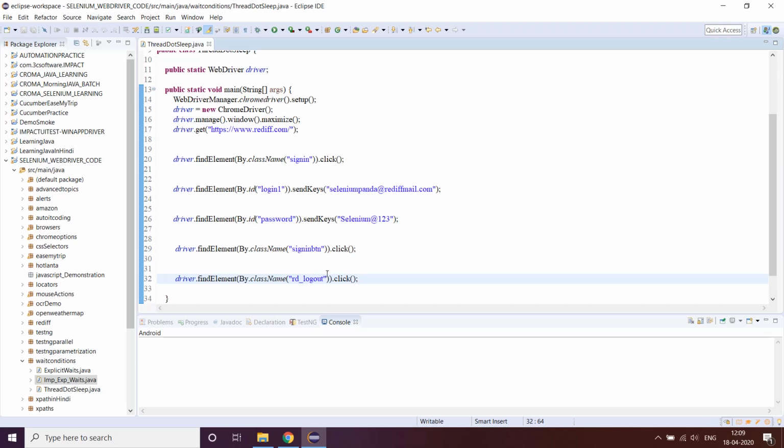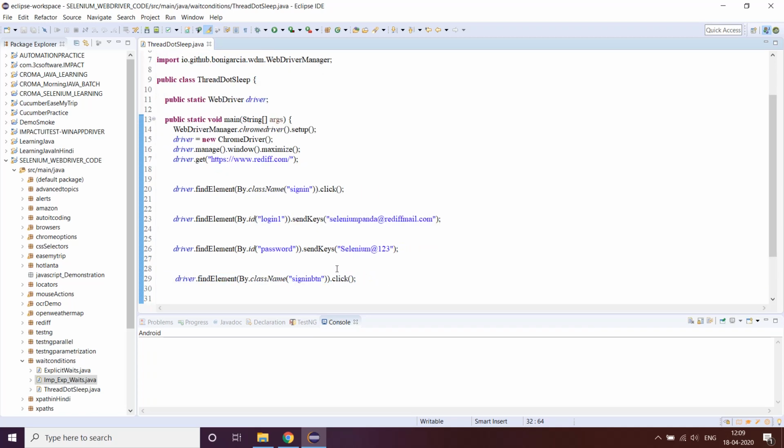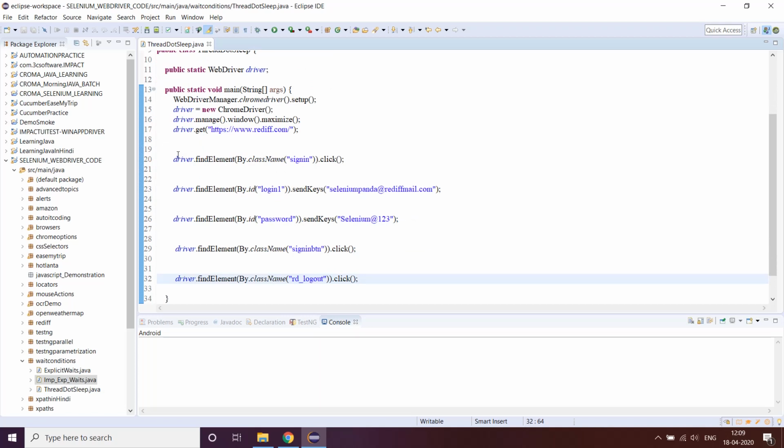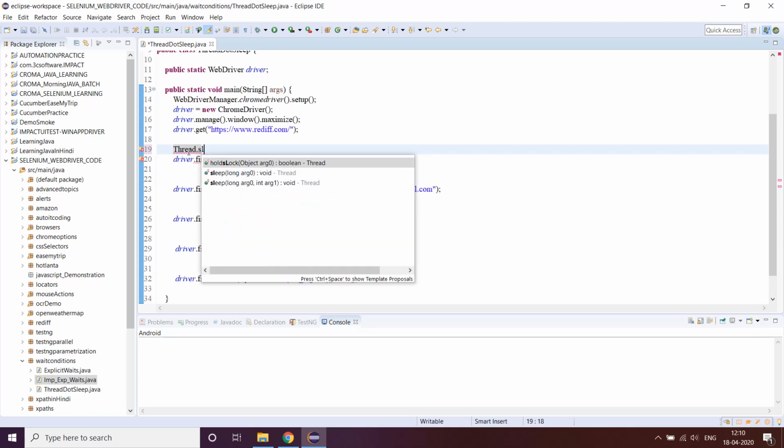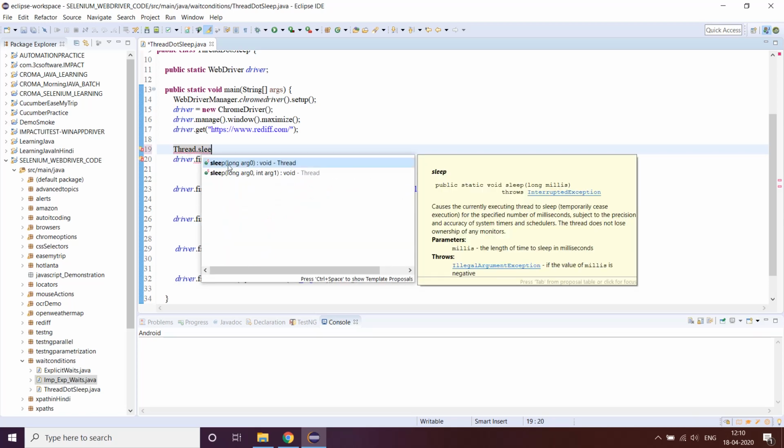Sometimes it will work, sometimes at this point timeout exception will happen, but anyways. So what I'll do is, let's say for example, just before each and every stage, I will introduce thread.sleep. See carefully guys, here we have a long argument, and also you can give another integer argument as well.